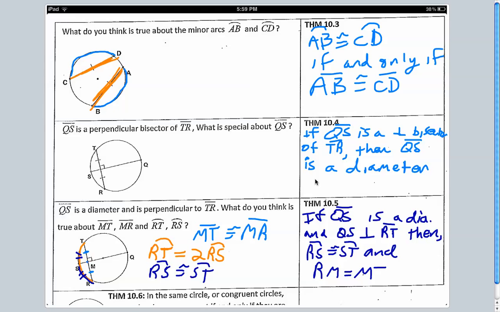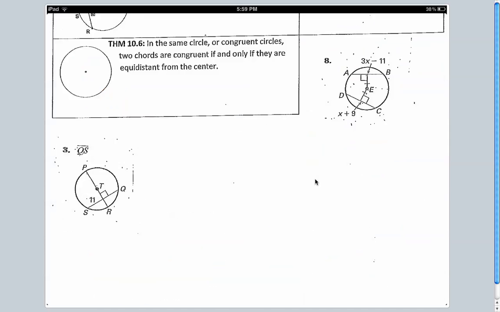So we've got theorem 10.6. Let's talk about it. In the same circle or congruent circles, two chords are congruent if and only if they are equidistant from the center. So if I have chord AB and I have chord CD,